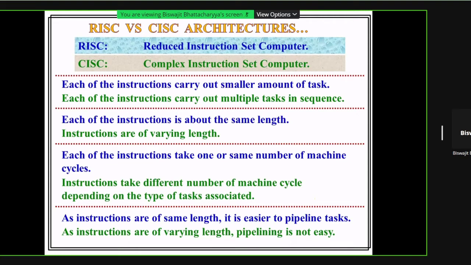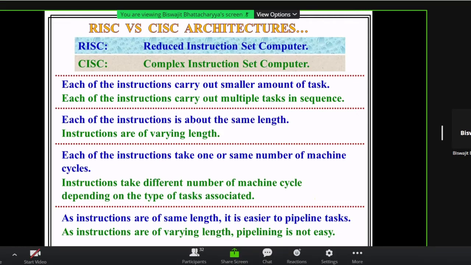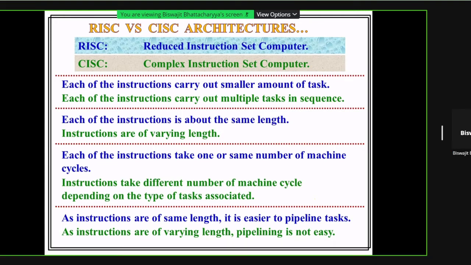What is a machine cycle? A machine cycle is the duration within which a simple task is carried out. So each instruction takes one machine cycle or maybe two machine cycles, not more than this. A number of clock cycles constitute one machine cycle. Just like in your 8085 microprocessor, there are 9 machine cycles available.